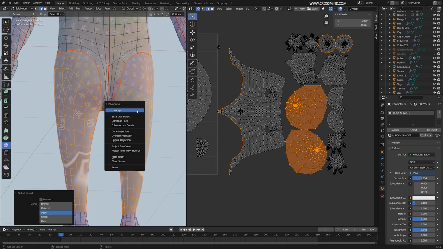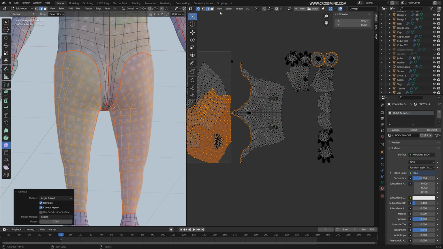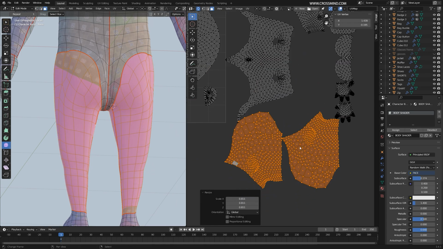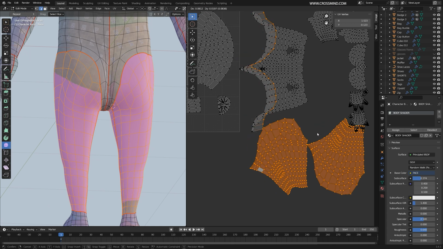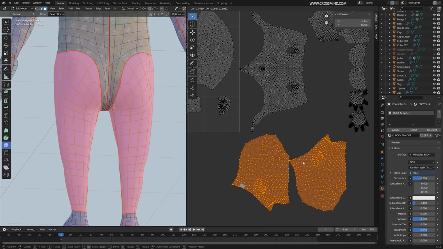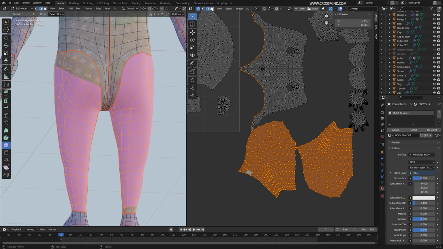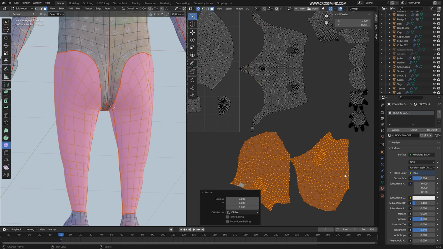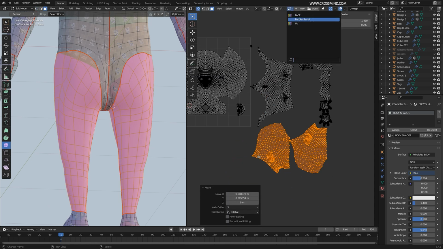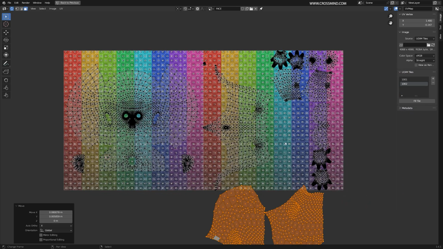Then I'll press L to select the linked faces on both legs, and then press U to unwrap it manually because our live unwrapping is disabled. When you're moving stuff around, just make sure you're in face mode. Otherwise, it's going to move the shared edges as well, or vertices. Faces are not shared. All right. So let's bring back the texture that we have.